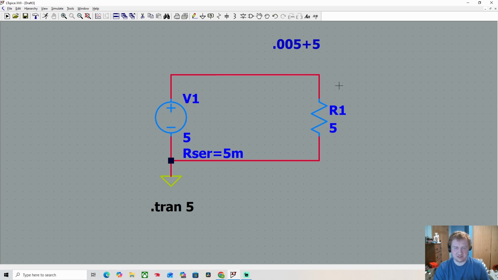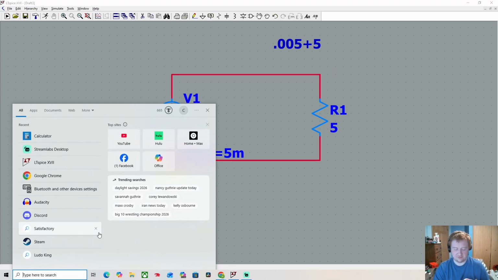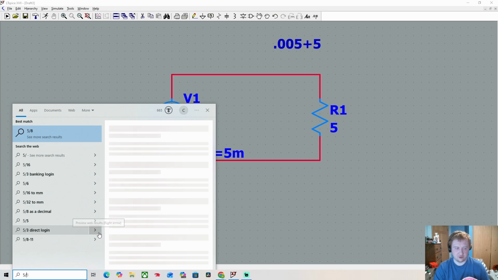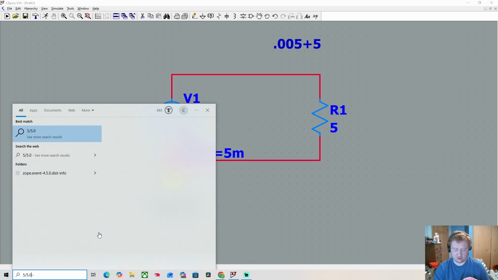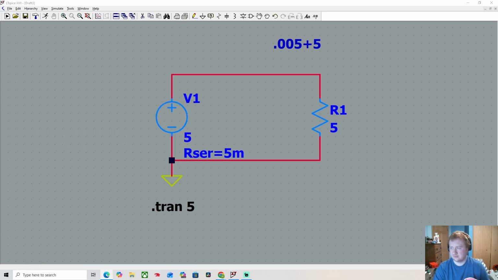These add up in resistance, so you take your 0.005 plus 5, which is 5.005, and then you take your 5 over 5.005. You get 0.999 amps,